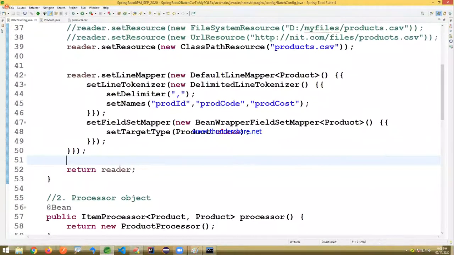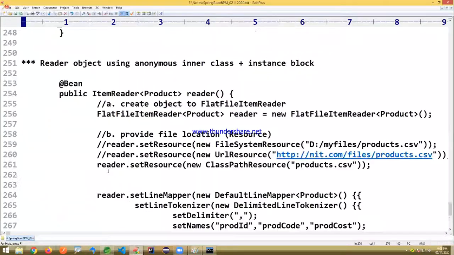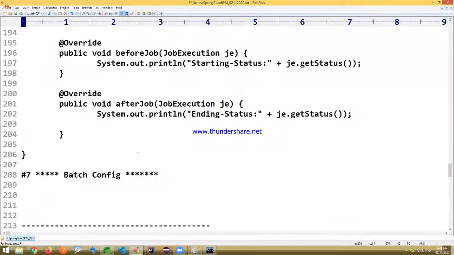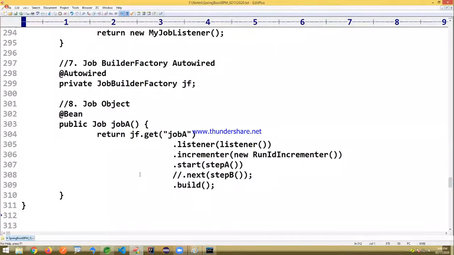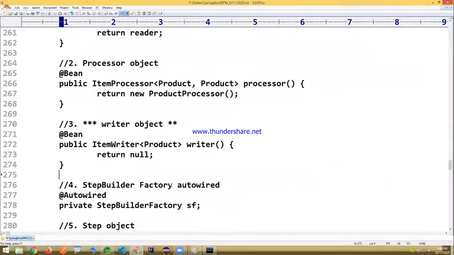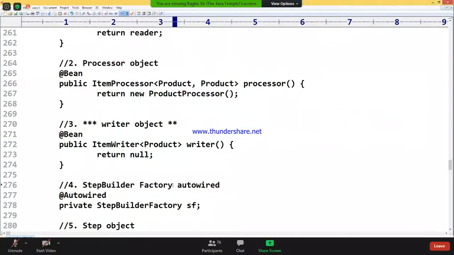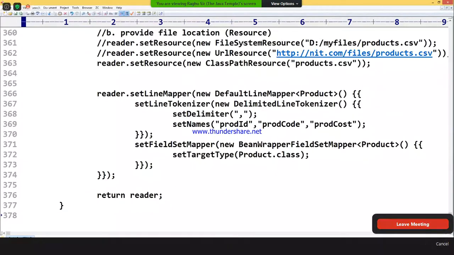Still the batch config is not completed. We have to write one more object, that is the writer object, and the database connection. So just practice up to this. I'll give the continuation in tomorrow's session. Try to join early. I am starting the session at 7:50.